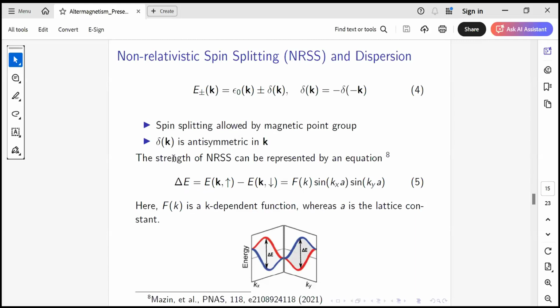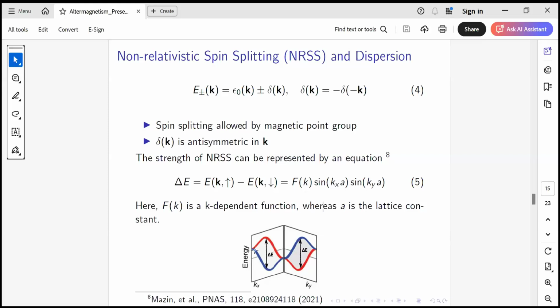So we can calculate this non-relativistic spin splitting. It is called non-relativistic because this splitting comes out without the influence of spin orbit coupling. We can measure this spin splitting from this formula: delta E is equal to E_k up minus E_k down, where the up arrow and down arrow represent spin up and spin down electrons.